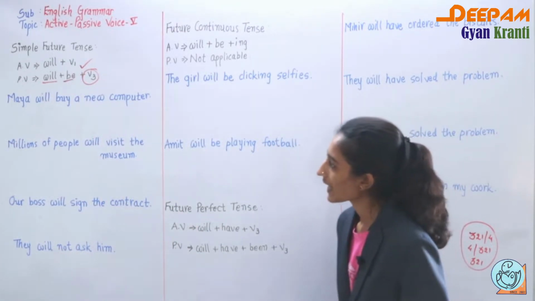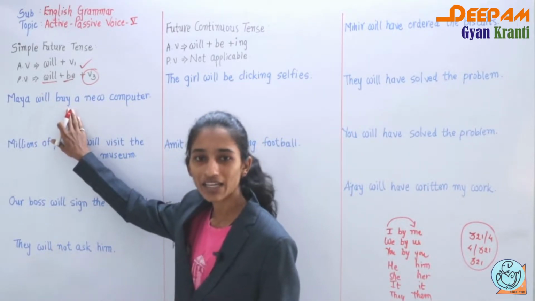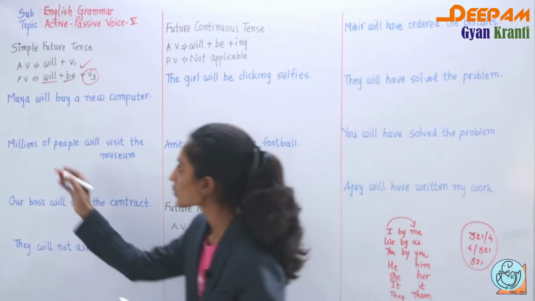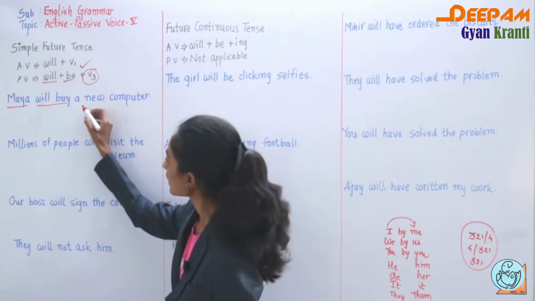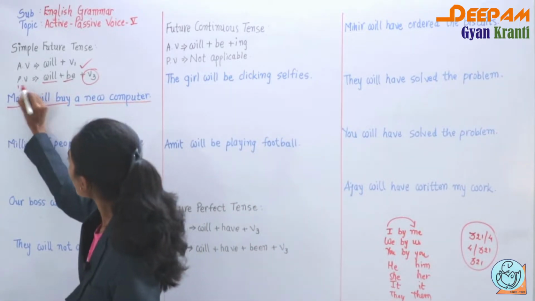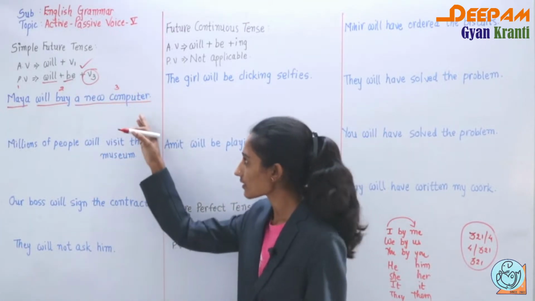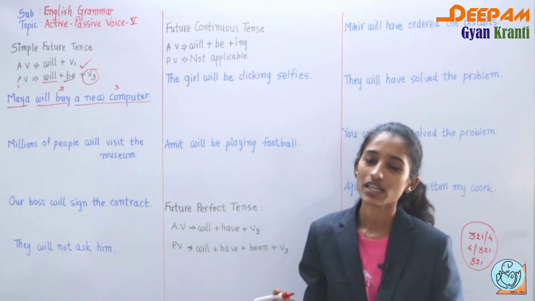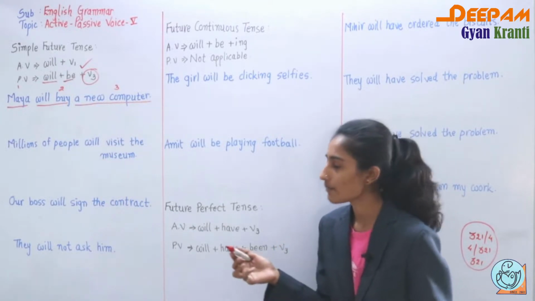So the first one is: Maya will buy a new computer. So you can see here will plus buy, means the main verb is given to you, right? So first let's do the parts. The subject is Maya, will buy, that we have to consider as the verb, and a new computer is the object. So the numbering is like 1, 2 and 3. So number 3, definitely the object, we have to write in the beginning of the sentence, because in passive voice, instead of the subject, the object plays an important role.